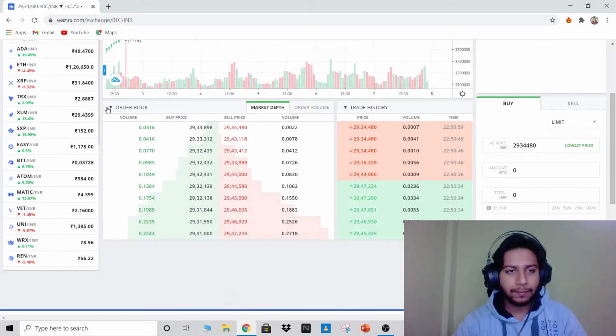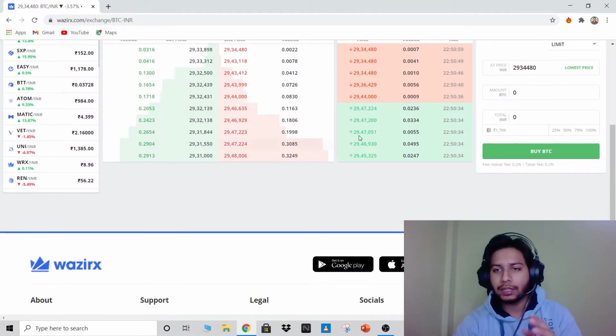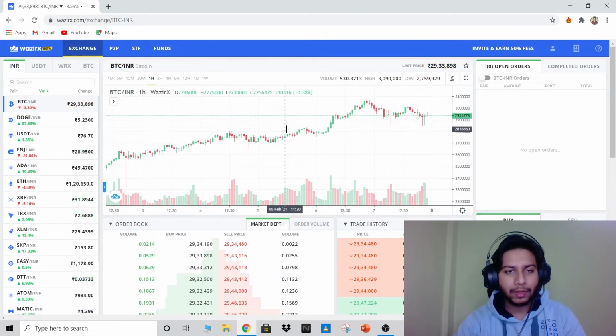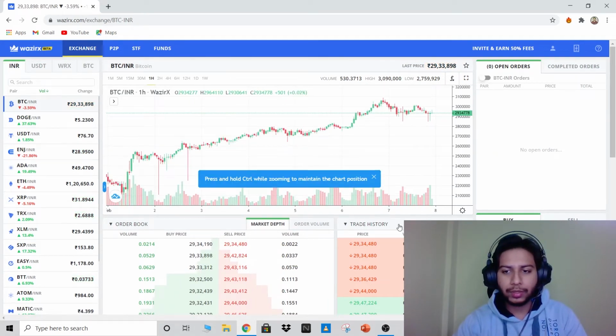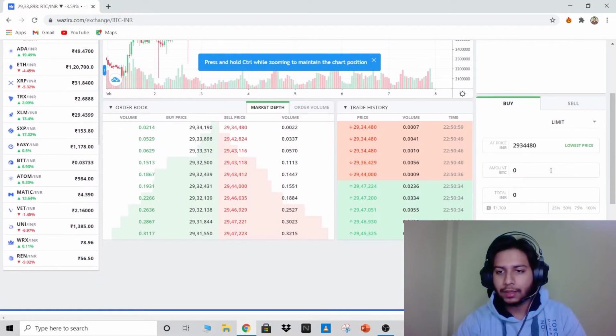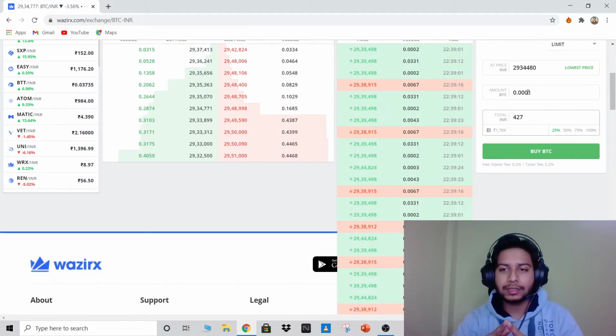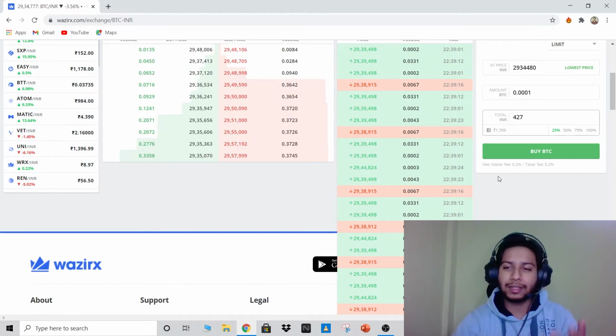Here you can see the basic interface. Then you can see here is to purchase and sell. Now if we select here Bitcoins, then you can see we can simply make purchases here. Here you can see I have already 1,709 rupees in my wallet as INR. Now, here is around 427 rupees, which will give me around 0.001 Bitcoin. Wow, wonderful. Then if I make the purchase, I will have this amount of Bitcoins deposited to my WazirX wallet.